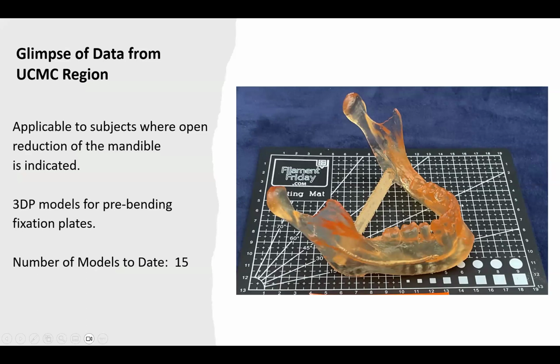We're conducting a trial, and this is a trial with control to prove the efficacy of using 3D printed models for pre-bending fixation plates in cases of traumatic mandible fracture. To date, we have produced 15 models. There have been about 36 patients consented into the study. Most have turned out to go into the control group. There have been 2 cancellations. And I'm going to take a slice of data out of this group to show you what we're contending with